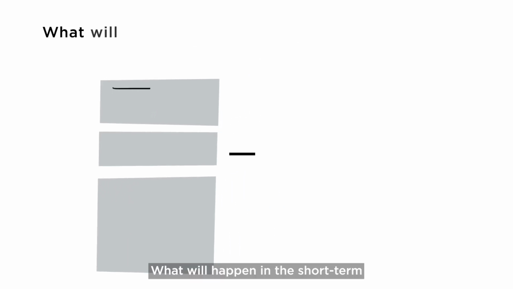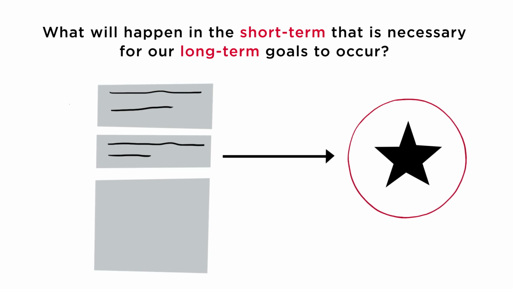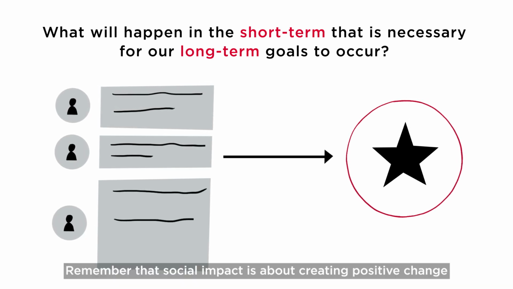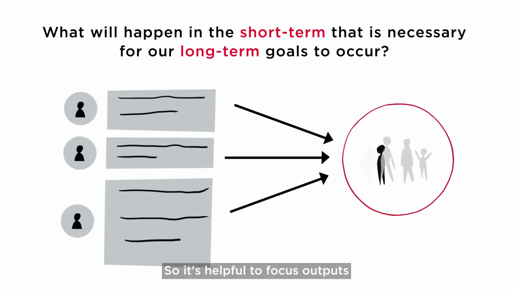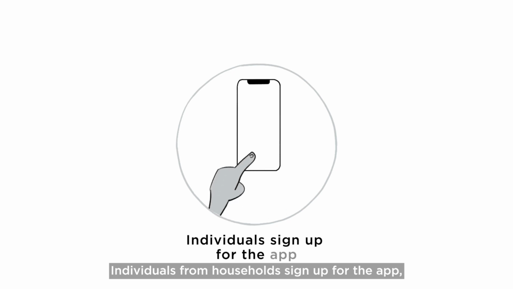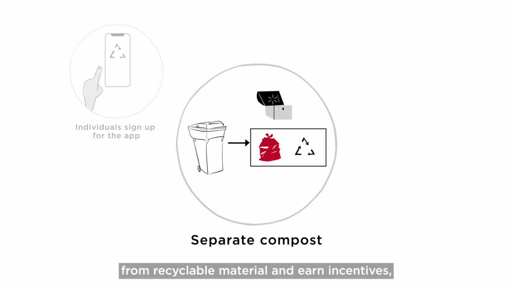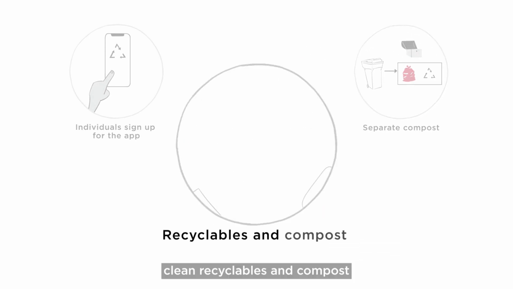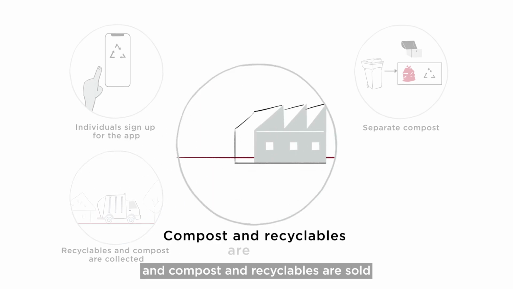To identify outputs, your team needs to answer this question: what will happen in the short term that is necessary for our long-term goals to occur? Remember that social impact is about creating positive change for individuals or communities. So it's helpful to focus outputs on how they impact your end users. In our waste management example, outputs could be that individuals from households sign up for the app, households separate compost from recyclable material and earn incentives, clean recyclables and compost are collected from households, and compost and recyclables are sold